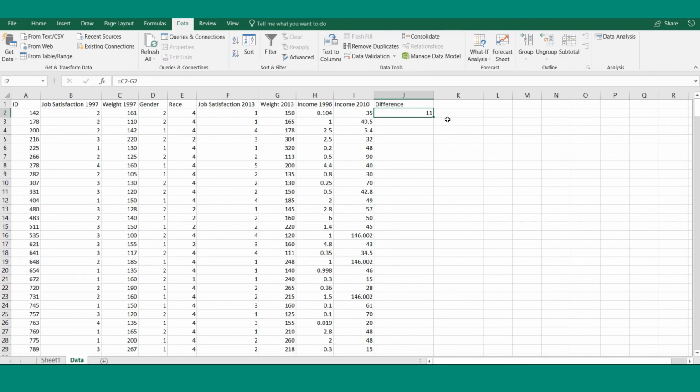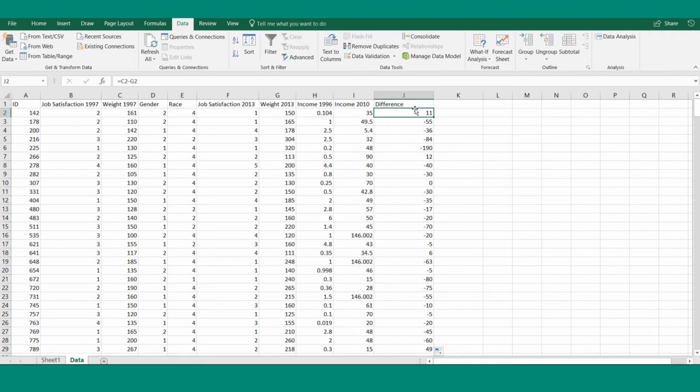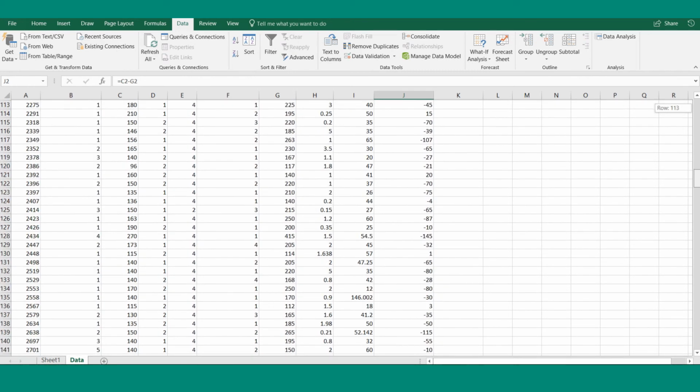So this person actually lost weight from when they were younger, which is not what I hypothesized. I hypothesized the other way, but let me show you what I did. So I clicked here. Sorry, I did that really fast. So I was here, right? And then I double clicked here on the bottom right corner, and this little crosshair comes up. Sometimes if that doesn't work, it's weird. But you can drag also. But make sure you drag all the way to the bottom